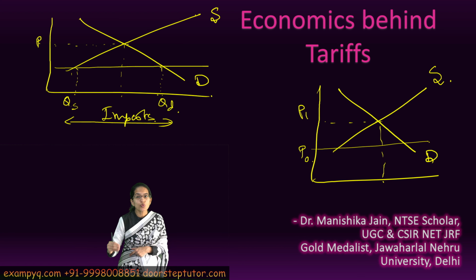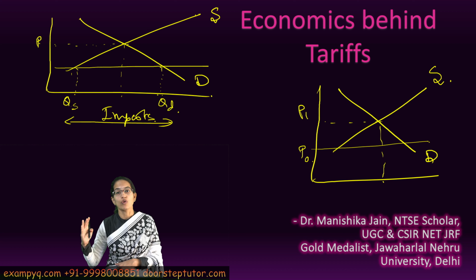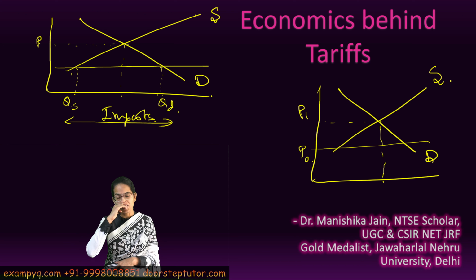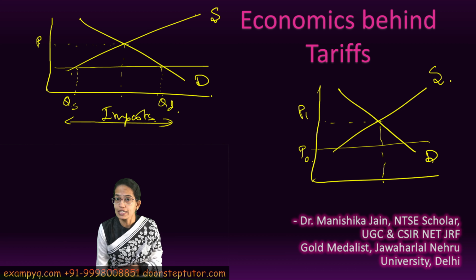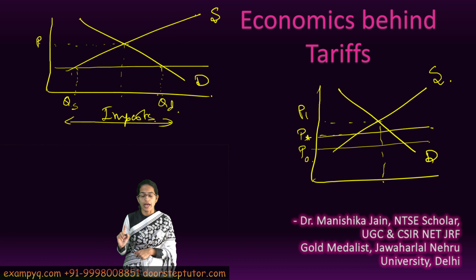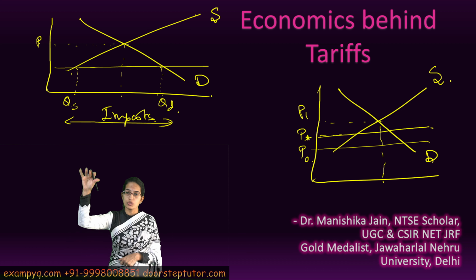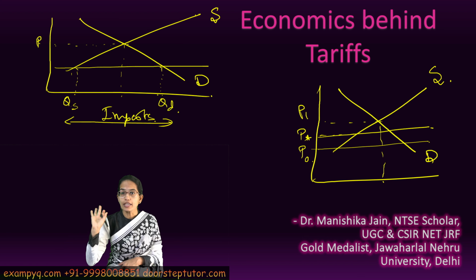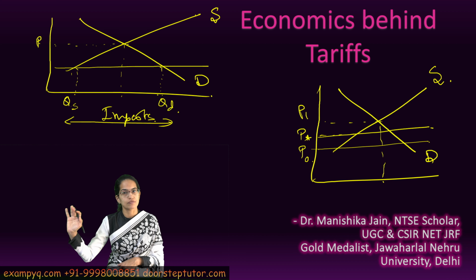But as soon as tariff comes into play, what would happen? This country which was supplying to me, let's say in $100, now would be supplying to me with a 25% tariff in $125. So this world price, which was at $100 previously, now becomes a new line here. And this new line is, let's say, P star. Now this is the new price, the new standard in the market for any import to take place. This is the new world price which has been set.